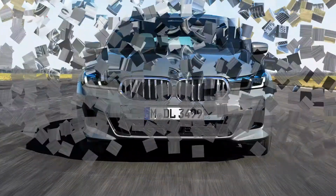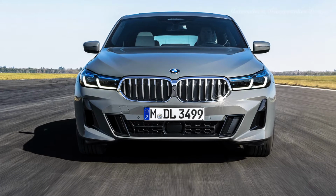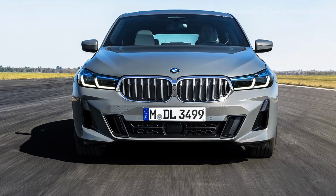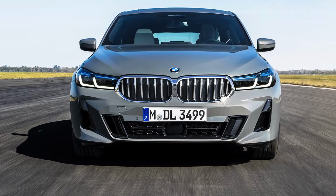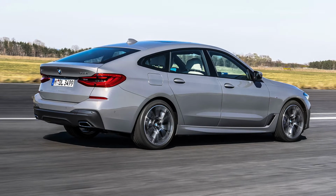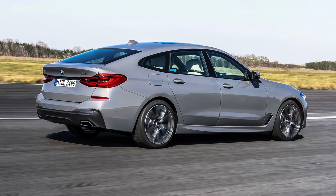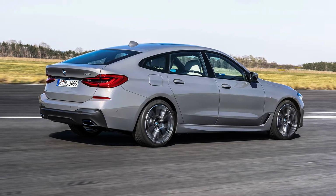The newly designed controls on the center console, whose surfaces are now all in high-gloss black, provide an even more refined premium feel inside the new BMW 6 Series Gran Turismo. The new brown contrast stitching, which divides up the black surfaces of the optional Sensatec instrument panel, adds a new and exquisite flourish. The standard BMW Live Cockpit Professional displays information via the combination of a fully digital instrument cluster and a control display,